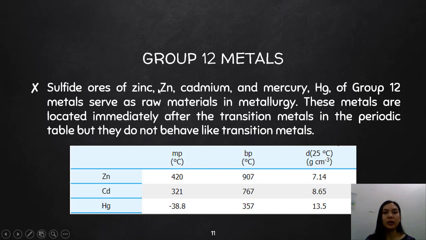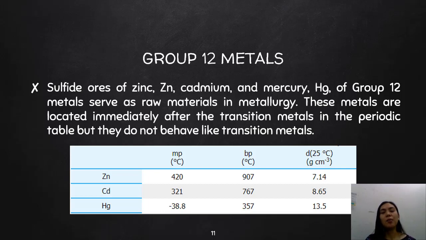Sulfide ores of zinc, cadmium, and mercury of group 12 metals serve as raw materials in your metallurgy. These metals are located immediately after the transition metals in the periodic table of elements, but they do not behave like transition metals. So as you can see, their properties are very different. If you take a look here at zinc, right? Its melting point is at 420 degrees Celsius, medyo mataas. Same is true with your cadmium. However, if you take a look at mercury, its melting point is negative 38.8